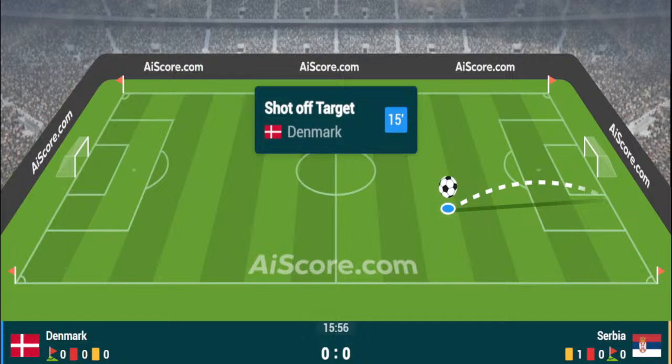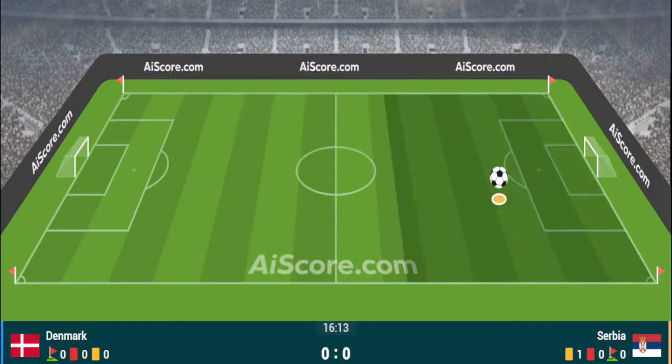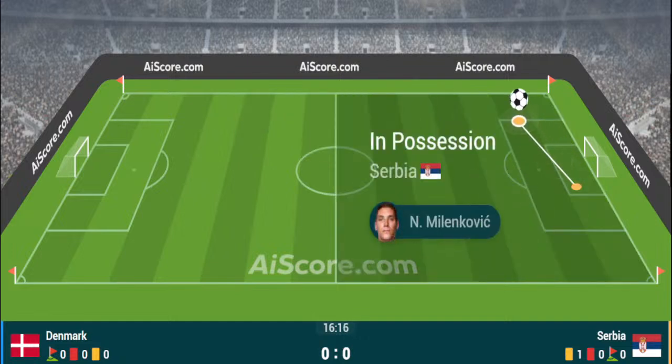Højbjerg once more, and it is all Denmark now inside the Serbia half, and we've got 15 minutes on the clock. Denmark 0, Serbia 0 is the score, gathered by Hjulmand. Hjulmand goes back inside towards Vestergaard, and all of a sudden Denmark lose possession. Here is Mitrovic inside the centre circle. Mitrovic past one, it's Alexander Mitrovic. Mitrovic tries to go past two and very nearly does.